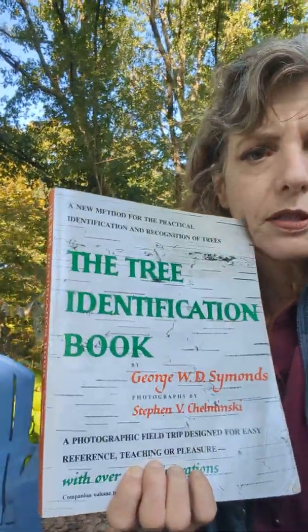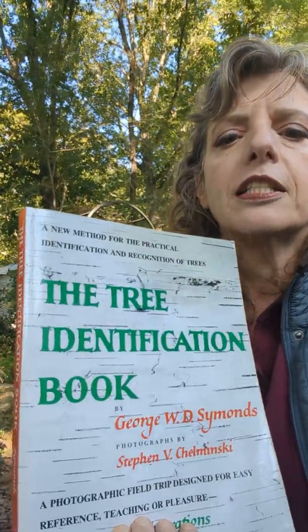And so this was a book that was recommended to me years ago, the Tree Identification Book. I think this is from the 50s. Super, super simple. It's black and white photography, but it gives you what an arborist or horticulturist or botanist would use to take first steps to figure out what something is. So, yeah, it does all the angiosperms, it does all the gymnosperms, and the one thing I don't like about this is it does use a few more common names than